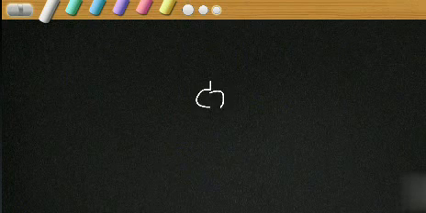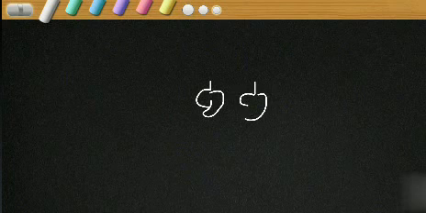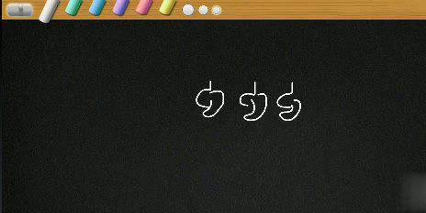Suppose you have 3 mangoes with you, and from this you give one mango to your friend. From 3 mangoes, you give 1 mango to your friend. What is the fraction of the mangoes given? I'm not asking the fraction of the mangoes with you. I'm asking the fraction of the mangoes given to your friend.